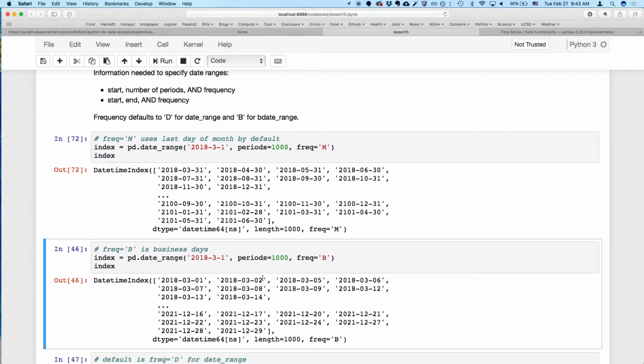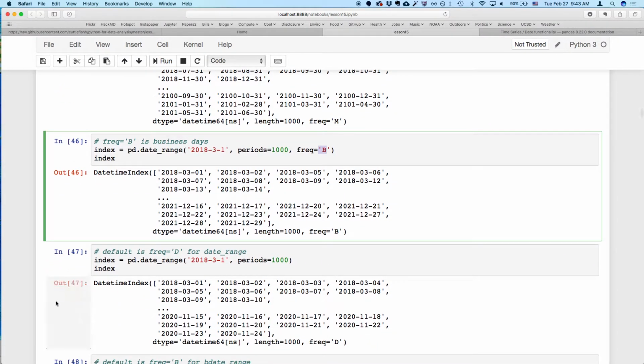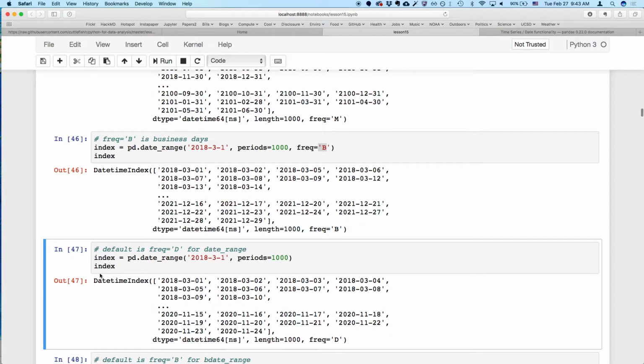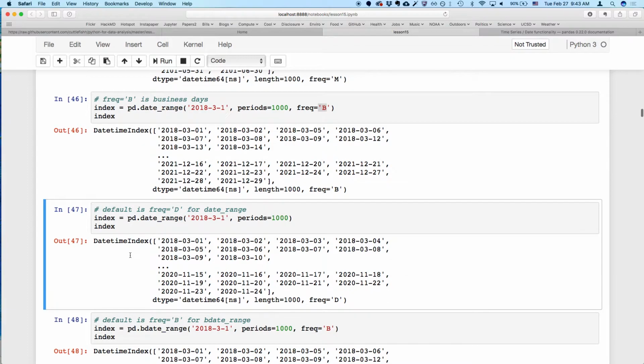So using frequency B instead of, sorry, I'm going to just, I might readjust the order of these. But anyway,